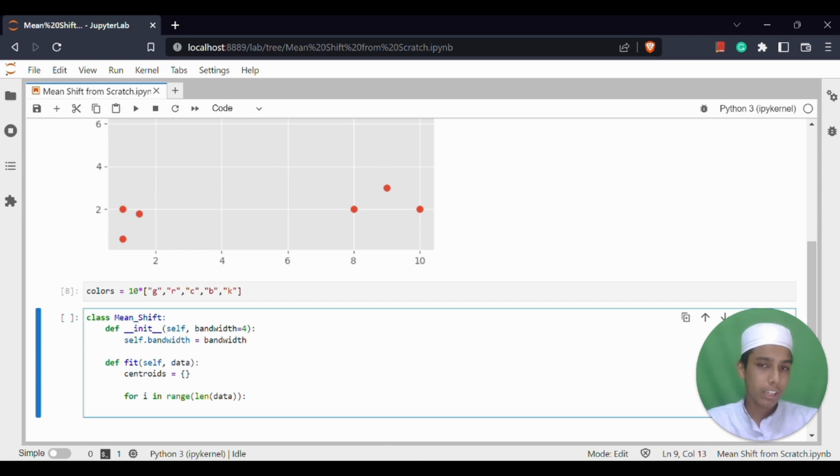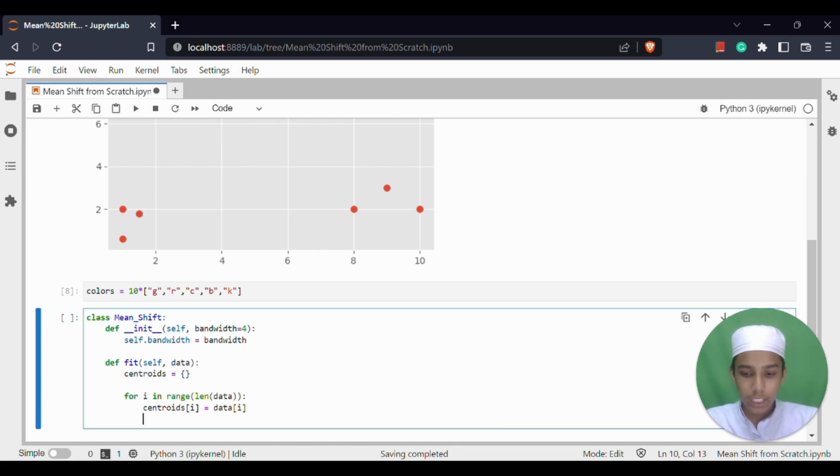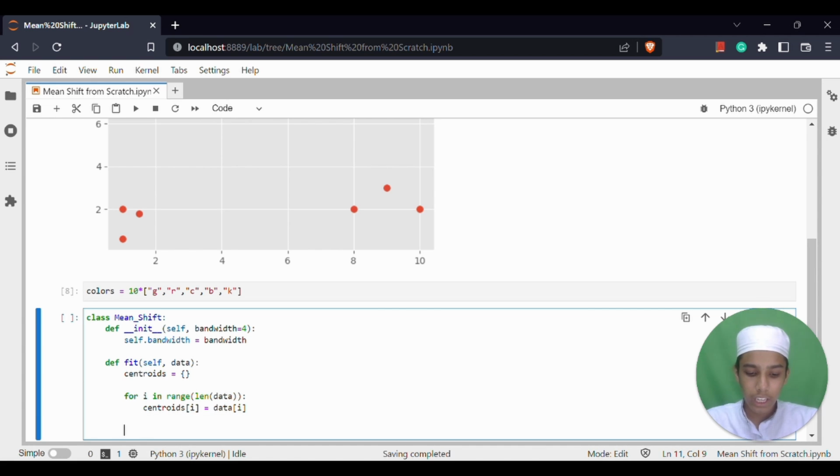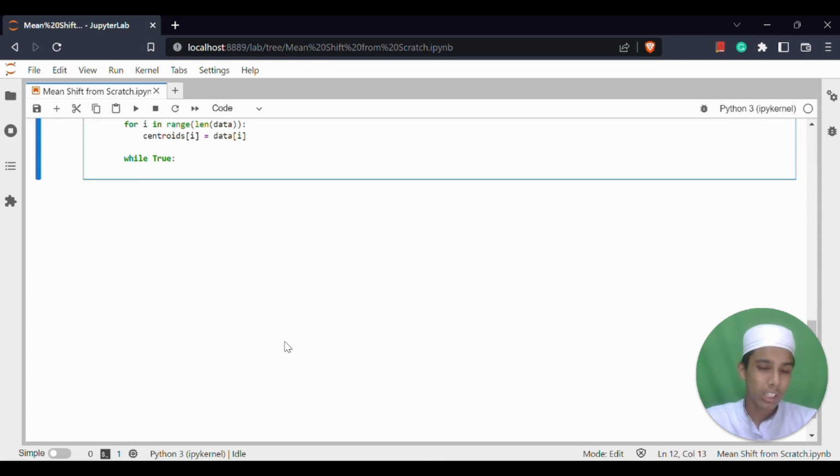Now below this one I'm going to add this new thing, centroids again, and the centroids i should be equal to data i, something like this. Okay, now here I am going to give you something like while True. And I am going to add the new variable, which is going to be